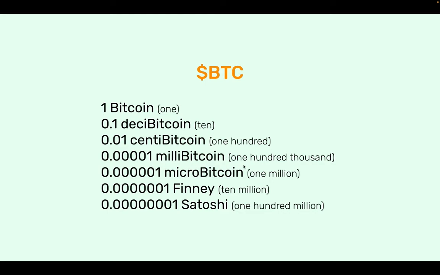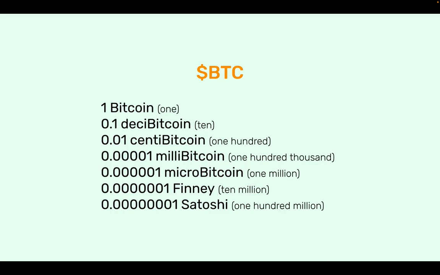When you divide 1 Bitcoin by 100,000, you have the millibitcoin. By 1 million, it's called the micro Bitcoin. And when you divide it by 10 million, you have the Finney that I said before. And when you divide 1 Bitcoin by 100 million, then you have the atomic unit or indivisible unit, which is